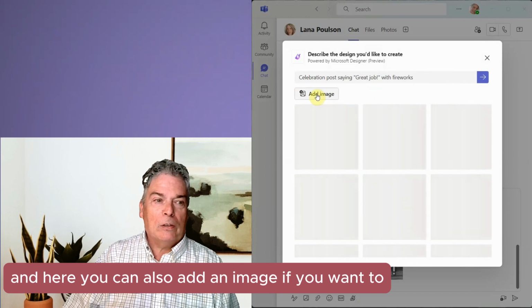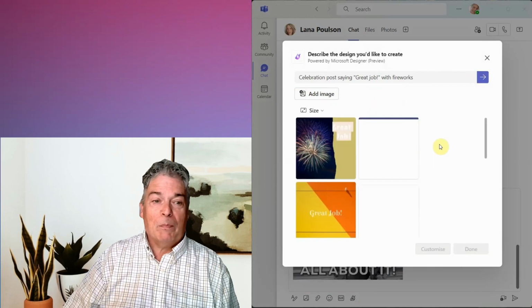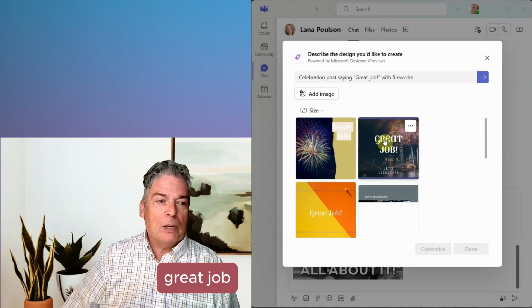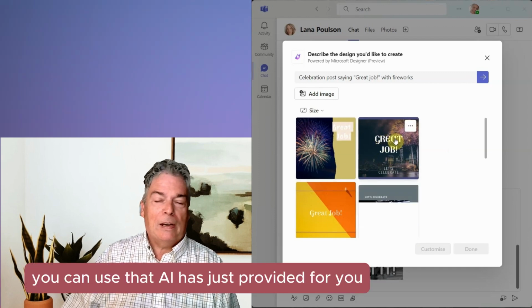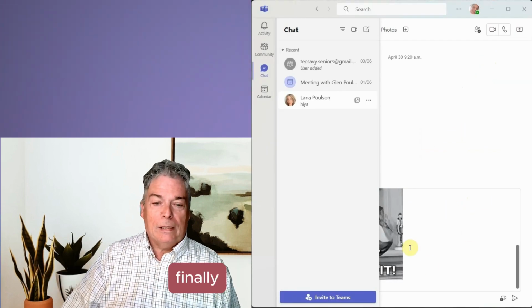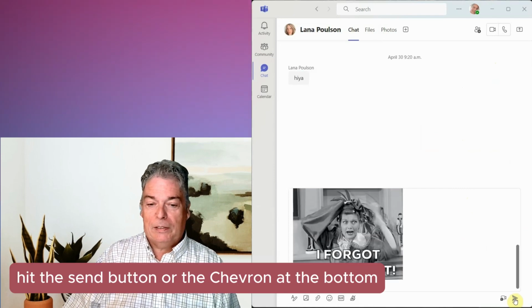And here you can also add an image if you want to. This is kind of cool. If you want to add an image of yourself, might be interesting. There you go. Here's the different great job you can use that AI has just provided for you. I hope you enjoy that. Finally, if you want to obviously send this, you have to remember to hit the send button or the chevron